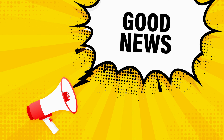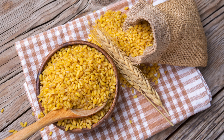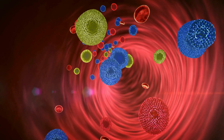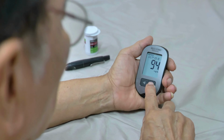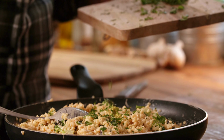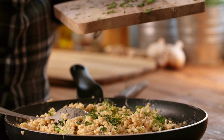Here is the good news. Bulgur is a whole grain with a low glycemic index. That means it raises blood sugar levels more slowly compared to refined grains like white rice or bread. For diabetics, keeping blood sugar stable is key, and bulgur does just that. A study published in the American Journal of Clinical Nutrition found that consuming low GI foods like bulgur helps improve blood sugar control and insulin sensitivity in people with type 2 diabetes. So, not only can bulgur fit into a diabetic diet, but it can also be a helpful tool for managing